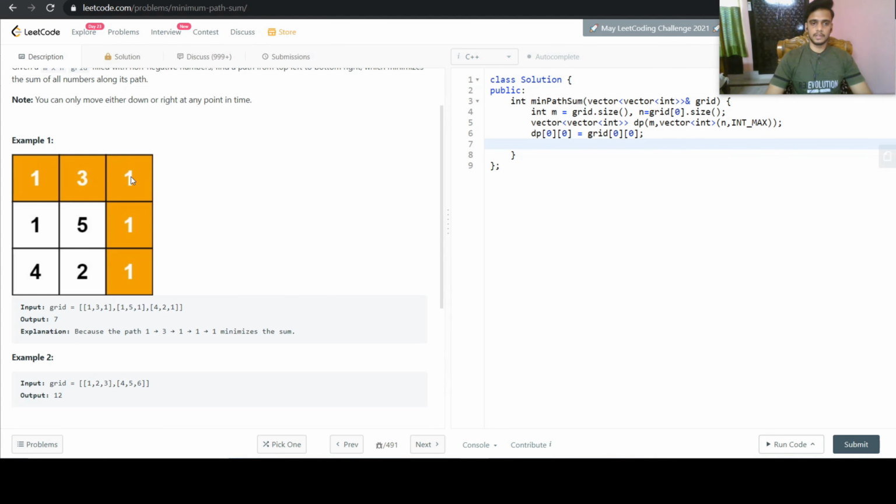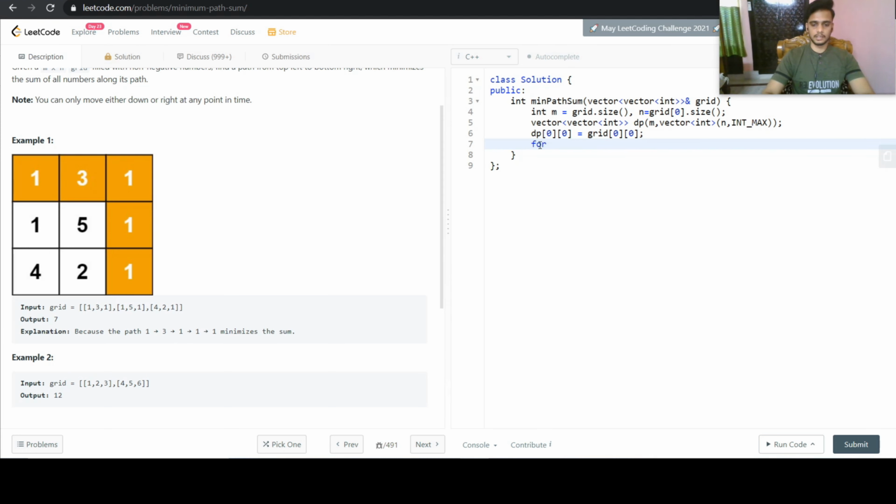To reach here we will encounter path cost as 4 plus 1, that is 5. So we will initialize all the values here and here also. Here it will only be able to move in the rightward direction, and here it will only be able to move in the downward direction. So we'll initialize all the dp costs accordingly.